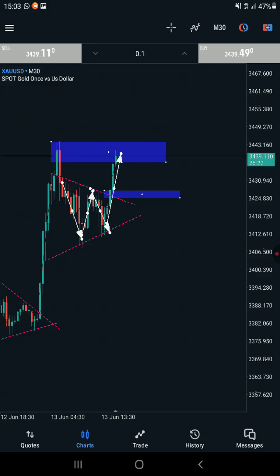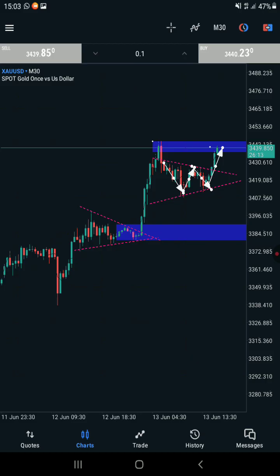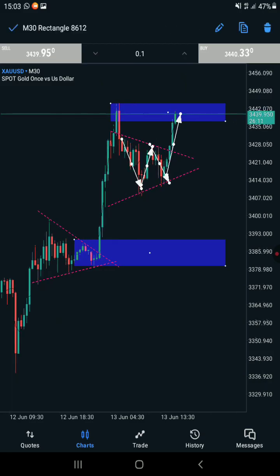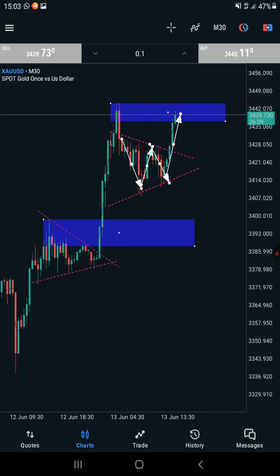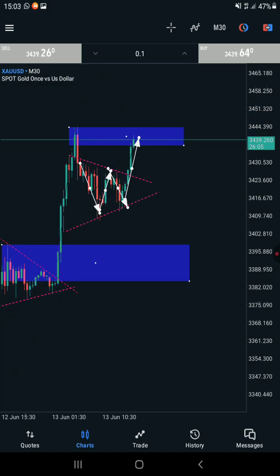Now it will be the current support. If it breaks this one, it can still continue going downwards to this zone, because this one needs to be mitigated for the price to continue going upwards. If you do not return here, the bubble